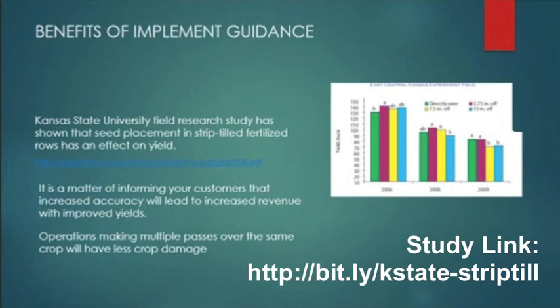Yeah, you can check. A lot of the state extension offices will have references to strip tilling or any of those. Those are good. The Alabama Precision Ag Extension has some good information on implement guidance. I think that they have a